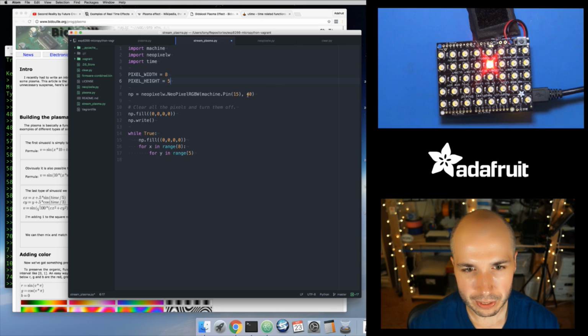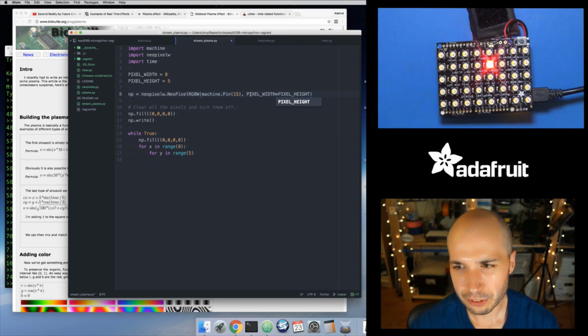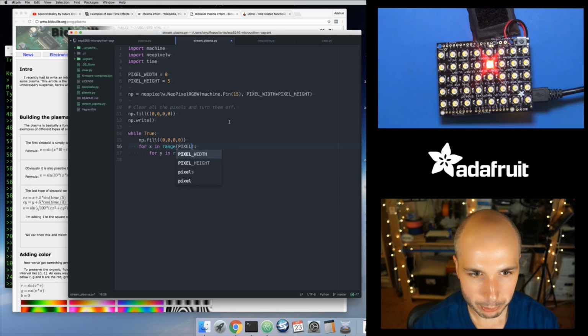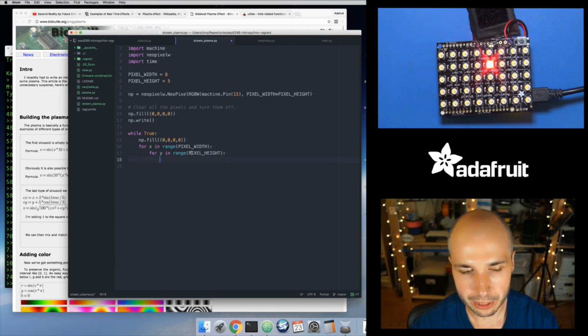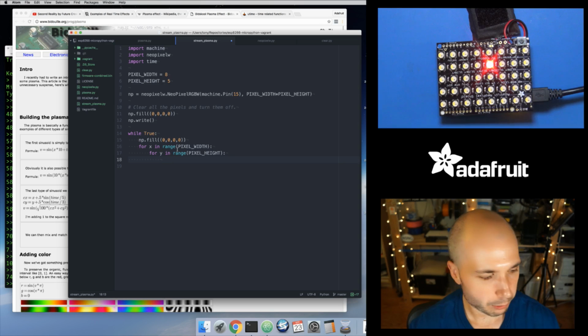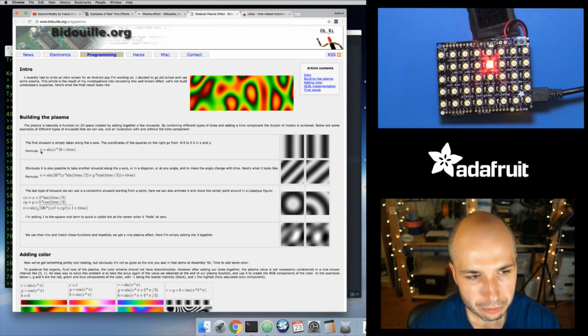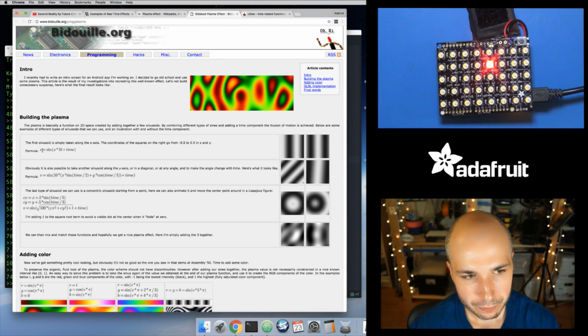And then the cool thing is, I know the total number of pixels is going to be my pixel width times my pixel height. So this just makes it nice. If I went to a bigger or a smaller grid, I can just change these values. And then down here, let's put in pixel width instead of the hard-coded value. So we'll say pixel height for this. Okay, so these two loops are going to loop through each position of the pixels. Now the next thing they do is, for each pixel, you compute this v value